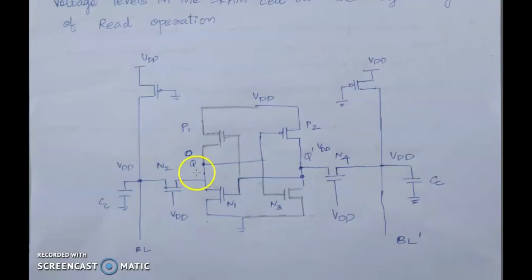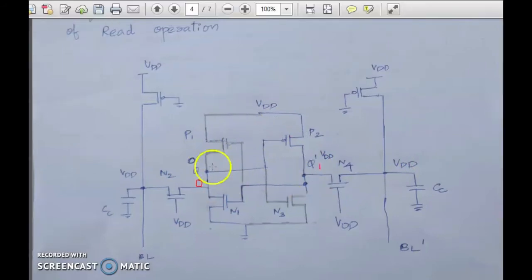So now let's see how you can read this memory cell. For that, suppose Q is 0 and Q bar is 1 before read operation takes place. That means before these access transistors are on, this was the state in which this memory cell was present. That is, Q is 0 and Q bar is 1. When Q is 0, we know that NMOS is on and PMOS is off. And when Q bar is 1, PMOS is on and NMOS is off. That's why, since these two transistors are off, I draw them with this pencil, and all other parts I draw with a blue pen.